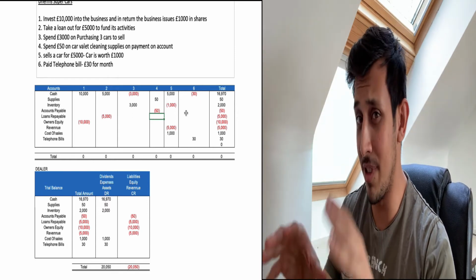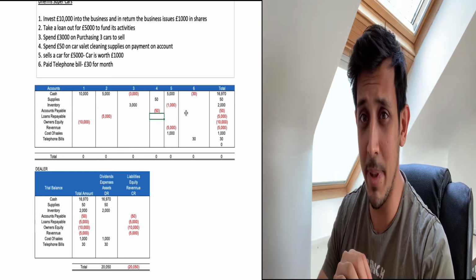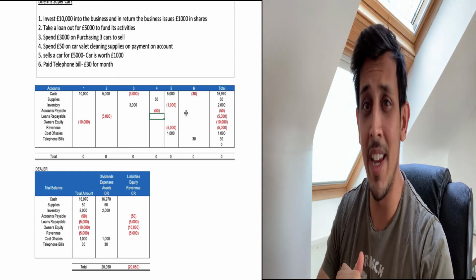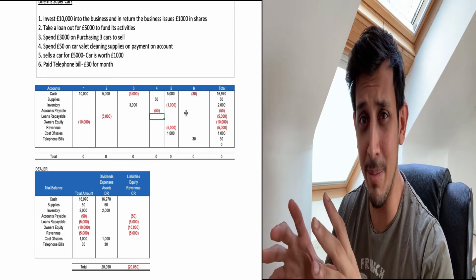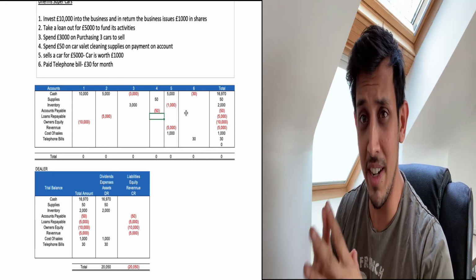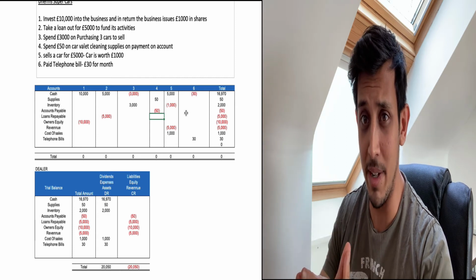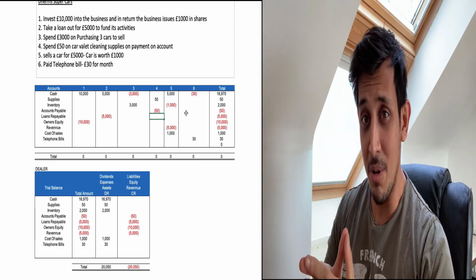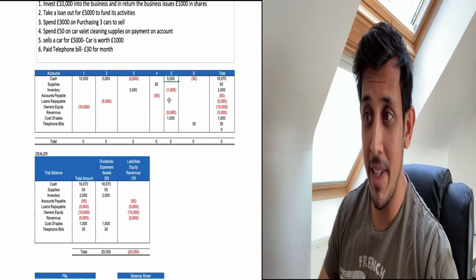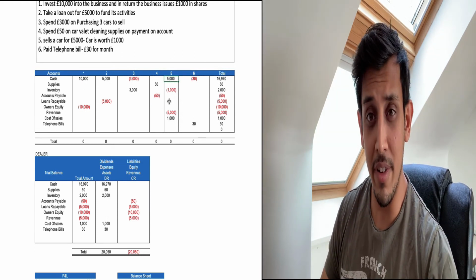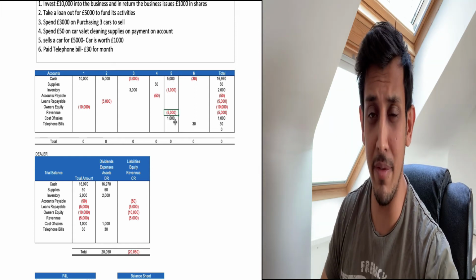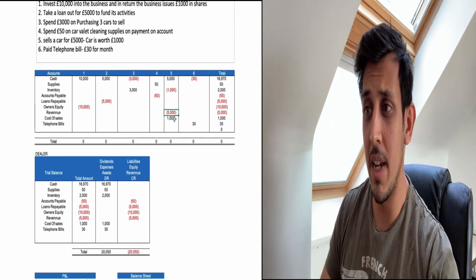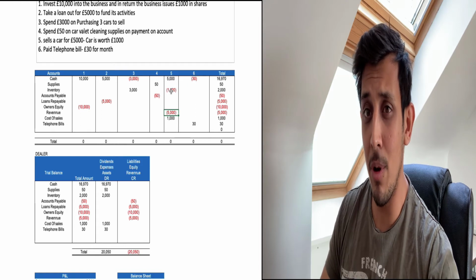Next, someone's seen my spick and span cars, and they're loving what I've done, and someone's offered to pay me £5,000 for one of the cars, and I've sold it, and it only cost me £1,000. Now the way that this is going to work is I'm going to debit £5,000 of cash into my account, and I'm going to credit my revenue because I've sold £5,000,